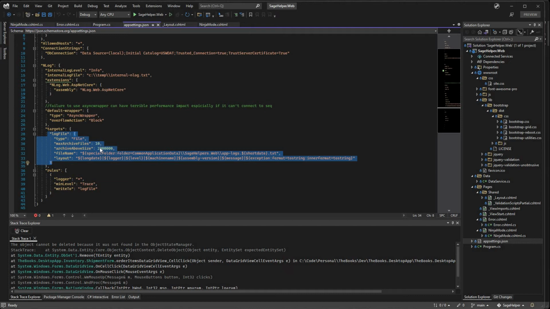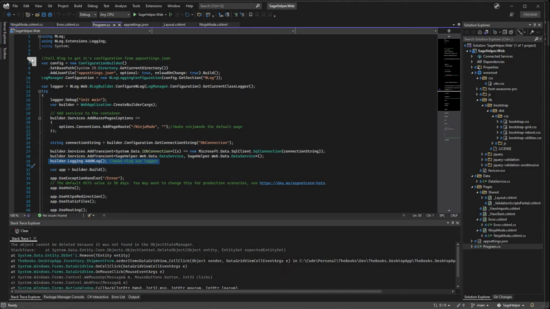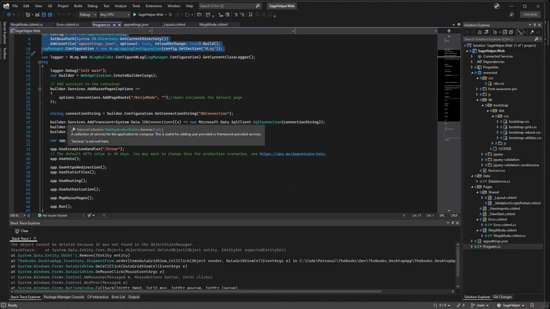Now, this is just NLog, but the other frameworks are going to have similar functionality. The attribute names will be different, but the same functionality will exist. And by installing this NuGet package, putting the config in my JSON, I simply go to my program startup, tell NLog, hey, I just want you to use the app settings NLog section to configure yourself,